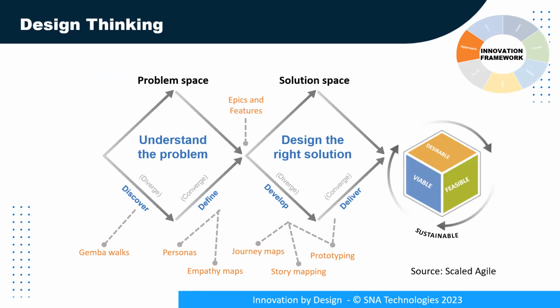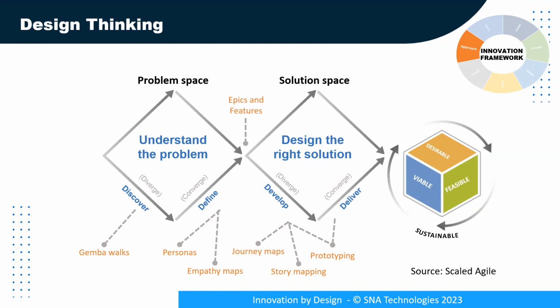right? So design thinking is to understand the customer or even involve the customer from the very beginning of the innovation. So usually we engage the customers at the fag end of the innovation cycle, but engaging the customer in the early stages and shaping the innovations with the customer's input is what design thinking is, right? So Scaled Agile came up with this double diamond diagram or an approach. So wherein the first diamond is to understand the problem, right? So we have various techniques like Gemba walk, which means you go and see, right? Actually, you go and see in the field,